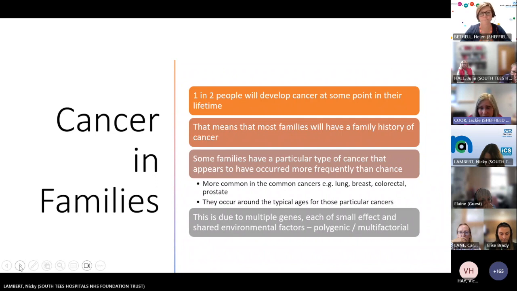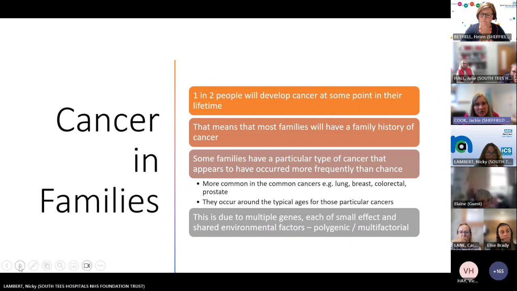You see exactly the same thing for all common diseases. You see that in type 2 diabetes, you see that in coronary artery disease. It clusters in some families, and some families never have it, and other families have loads of it. It tends to occur at the typical ages for those particular cancers when it is cancers. Now, this is due to the fact that